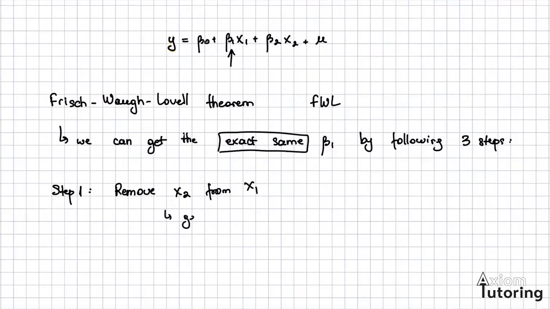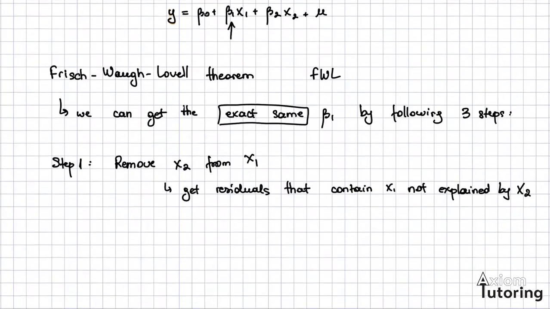So get residuals that contain x1 not explained by x2, because whatever x2 is explaining is going to be in the beta of this regression of x1 on x2. Step 2,